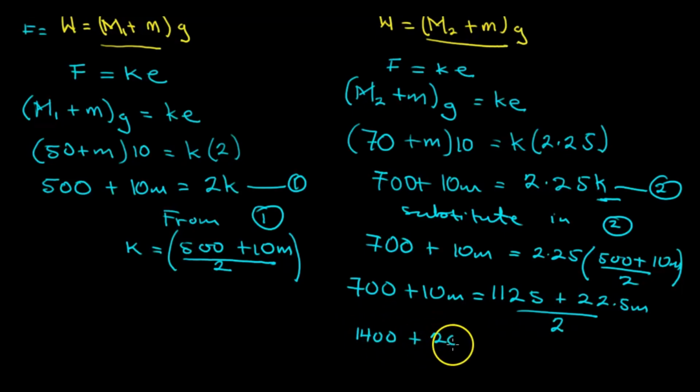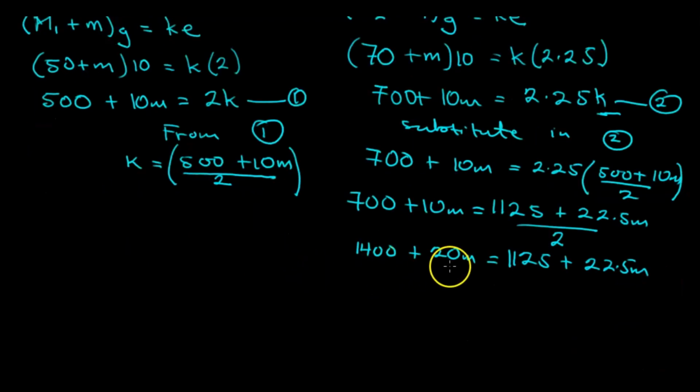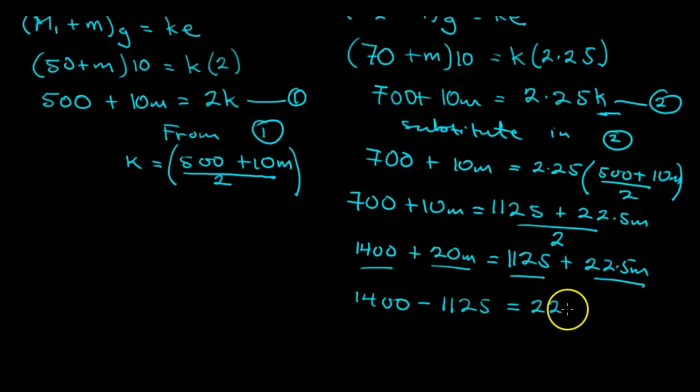plus 20m equals 1125 plus 22.5m. So here I group like terms. I have this and that, and then this and that. So let me do it this way. 1400 minus 1125 equals 22.5m minus 20m. This will give me 275 being equal to